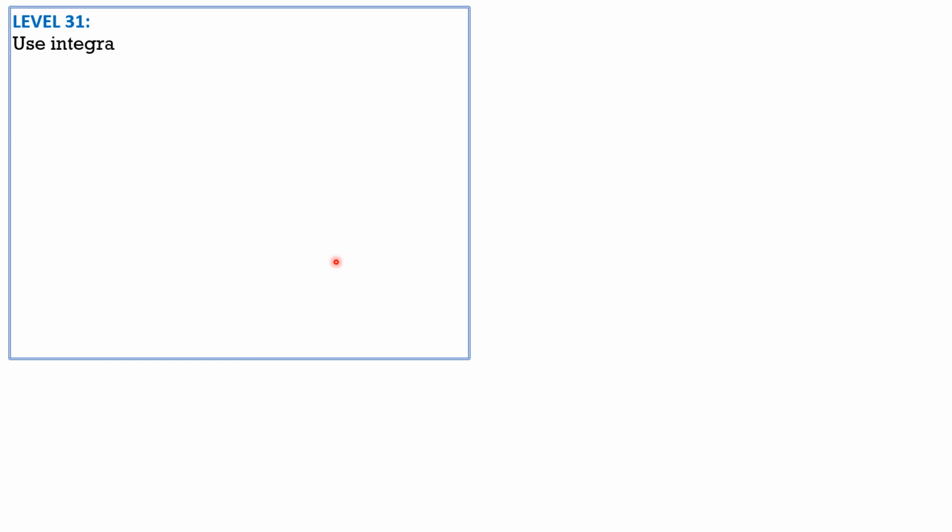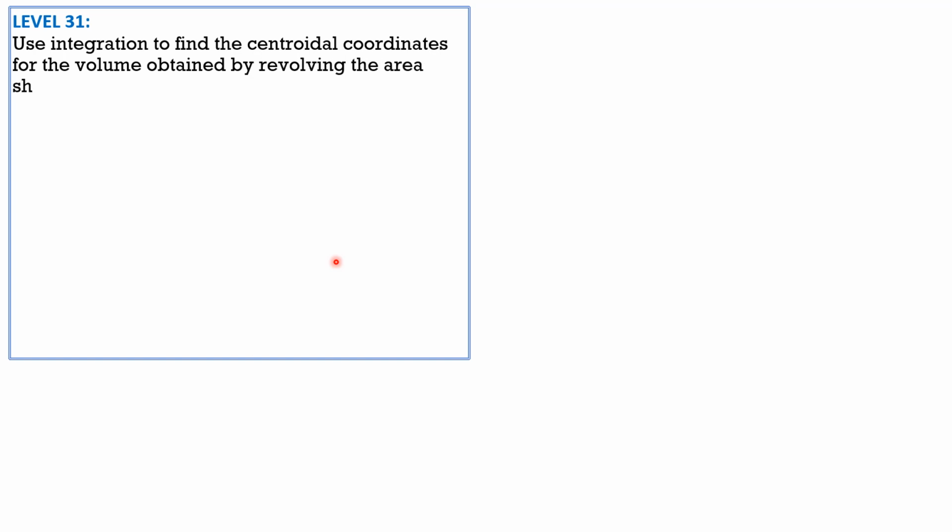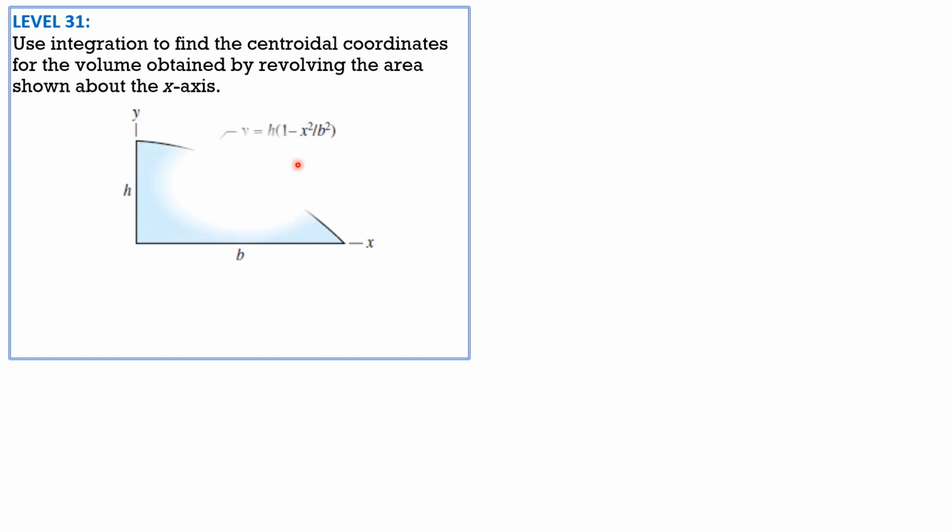Level 31. Use integration to find the centroidal coordinates for the volume obtained by revolving the area shown about the x-axis. So here is a given shaded region and we have a parabola here with vertex here, and it is to be revolved about this